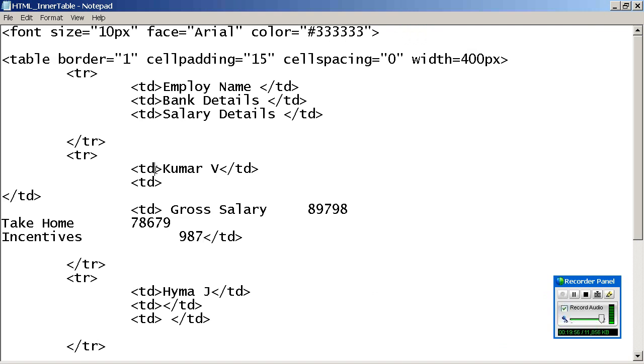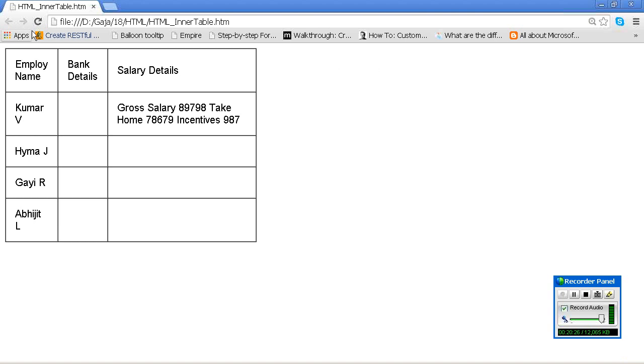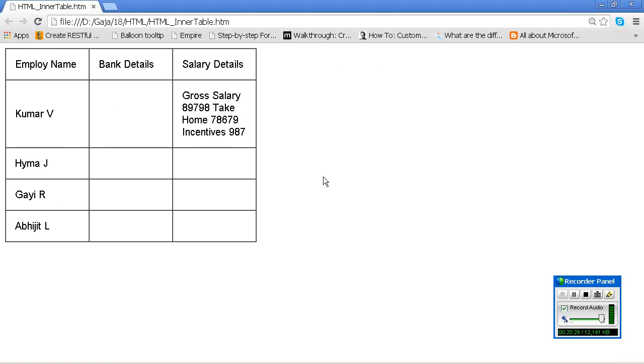Go for one row, the first row, and even in the header you can specify width equal to, for example, 3 out of 100, that is 3.3%, correct? Yes or no?